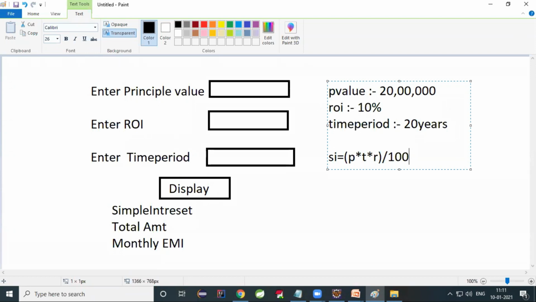20 lakhs into 10% means 10 by 100 into 20. 40 lakhs, sir. That's only 40 lakhs is the simple interest. So simple interest will be how much? 40 lakhs.